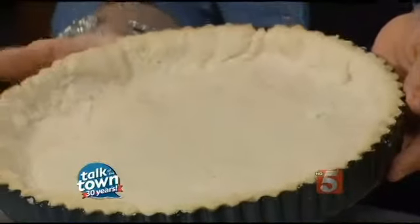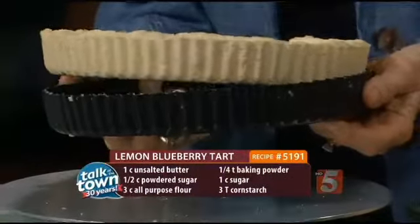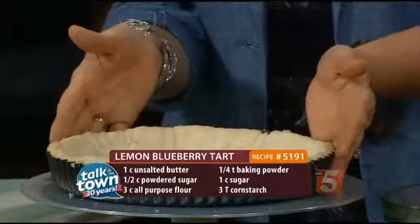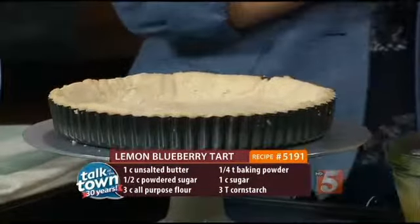All right, so we're making this tart. We decided to go ahead and bake this ahead of time, but it's just 4 ingredients. It just starts with a shortbread crust, which is really nice compared to just a pastry crust. And take a look at this nifty pan. It's a tart pan, so the bottom just lifts out, which makes it super simple. But if you don't have a fancy pan like that, you can just make it in a regular pie pan. Okay, so you bake that,